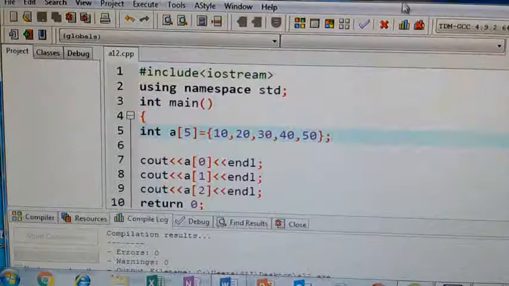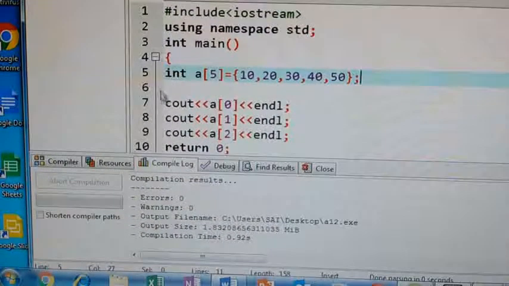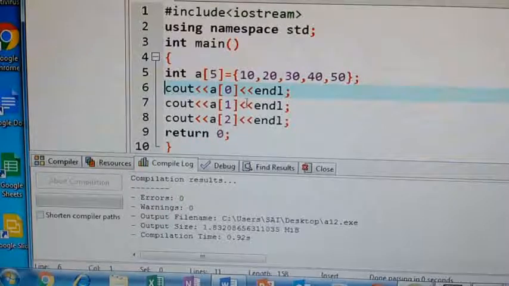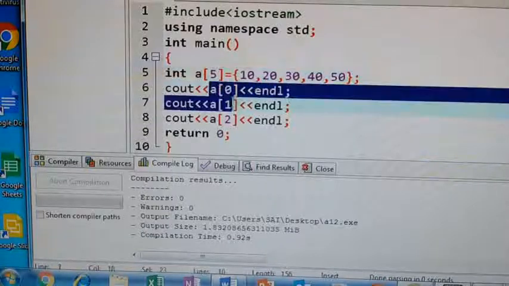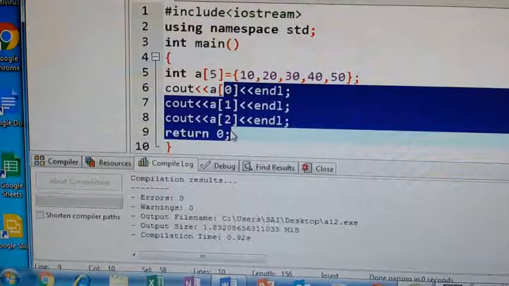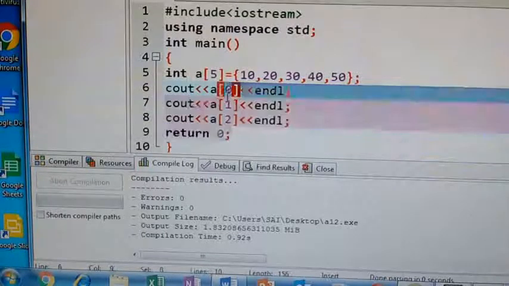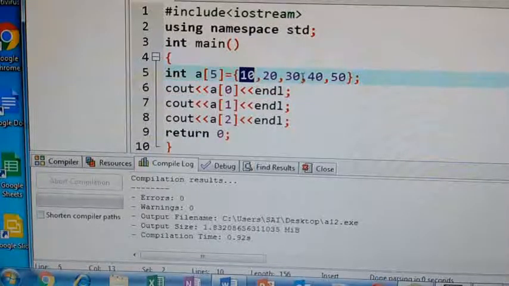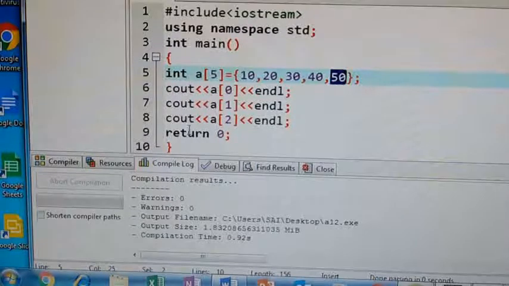Okay. So, why are 3 elements printing? Because here I have given only 3 elements' information. If you want to print all the elements, you can use the loop. Okay. Only one thing you need to observe is here whatever elements you are storing in the array, all those elements are identified with the same name. Here for all the elements I have given the same name. Only whatever indices are there, that memory representation will be different. And whatever this index number is, that is starting from 0 and the last element is length minus 1. So the last element will be 4.